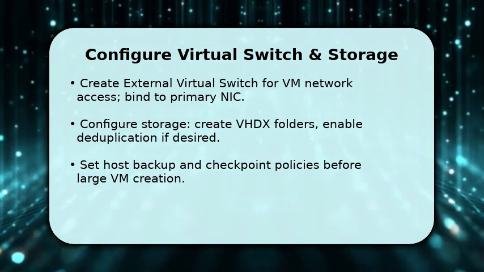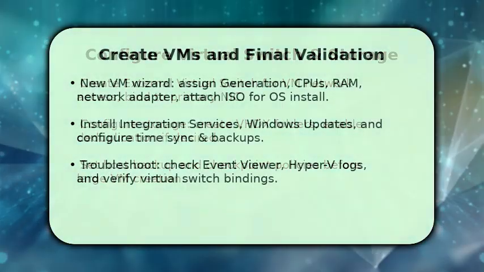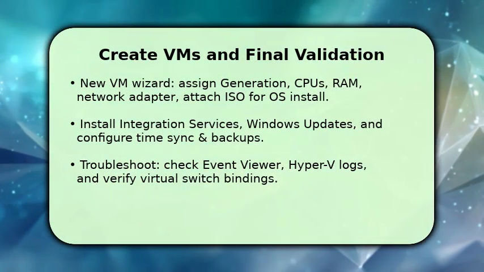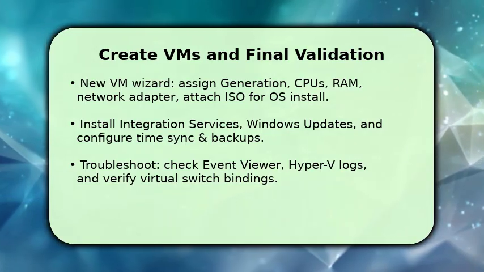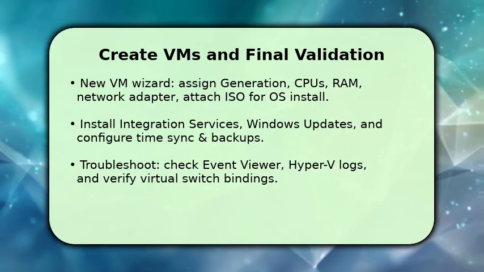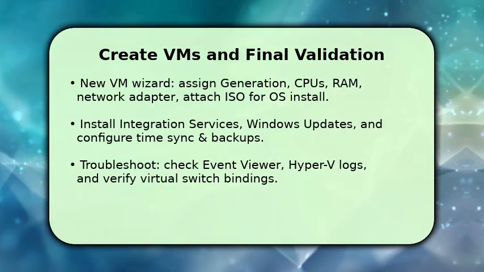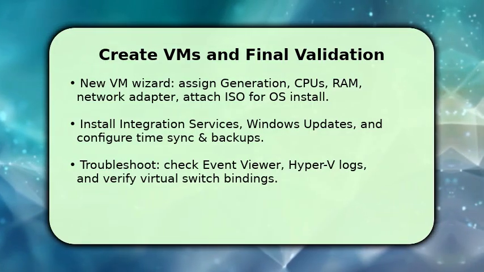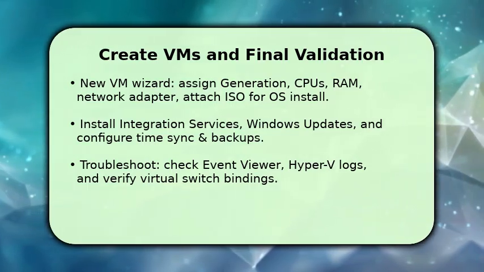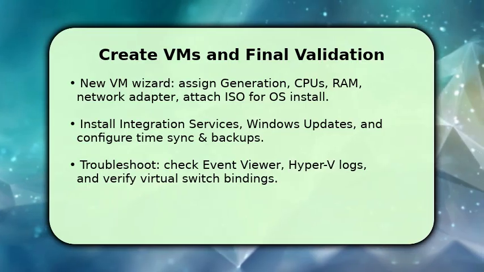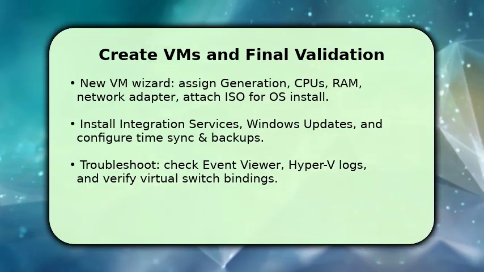These steps prevent performance surprises. And finally, use the New Virtual Machine wizard to pick generation 1 or 2, allocate CPUs and RAM, attach the virtual NIC to your external switch, and mount the ISO to install the guest OS. After the OS is up, install integration services or enable Hyper-V guest services, run Windows updates, and set time synchronization